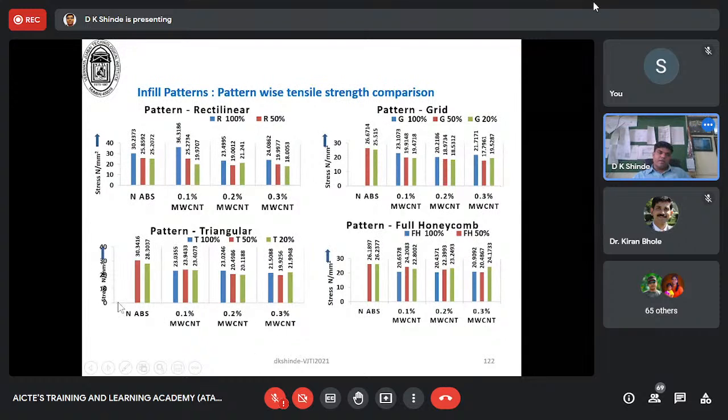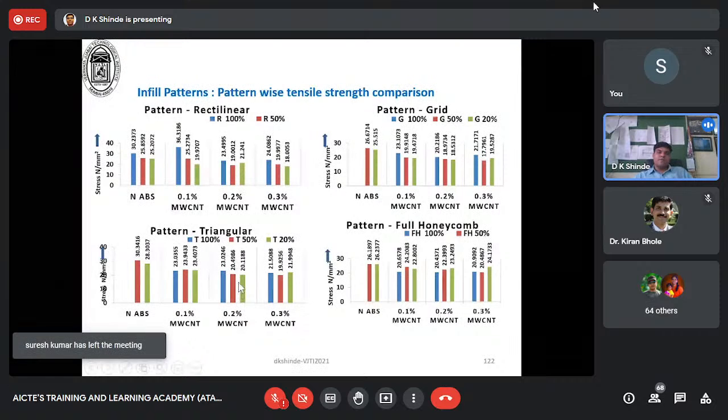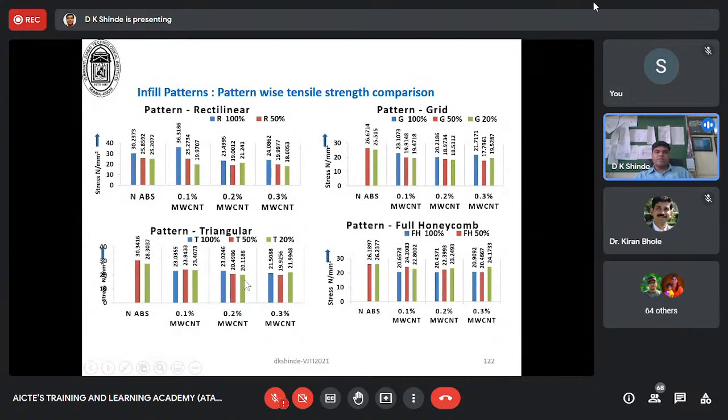pattern. In the triangular pattern also, if you look at those properties, they have shown almost the same kind of drop in all the 0.1 with the 50%, 100% and 20% percentage infill. Here also we can see a drop in the properties. Honeycomb also shown the behavior, but some properties are improved by adding the 0.3 with 24 fill patterns. So after comparing